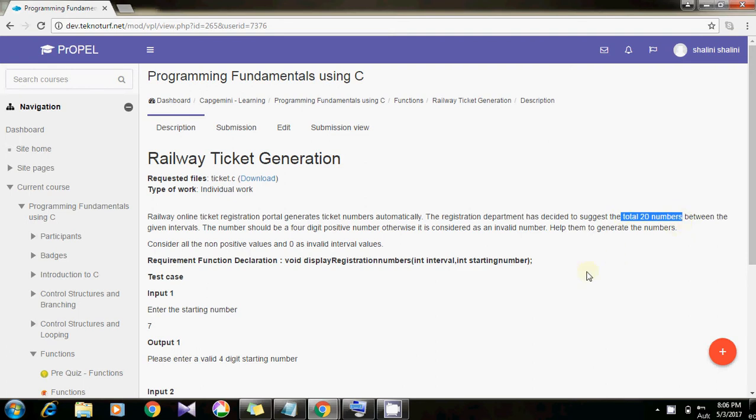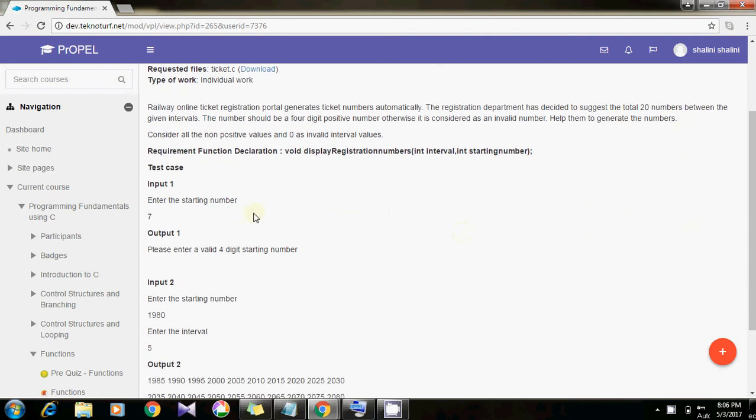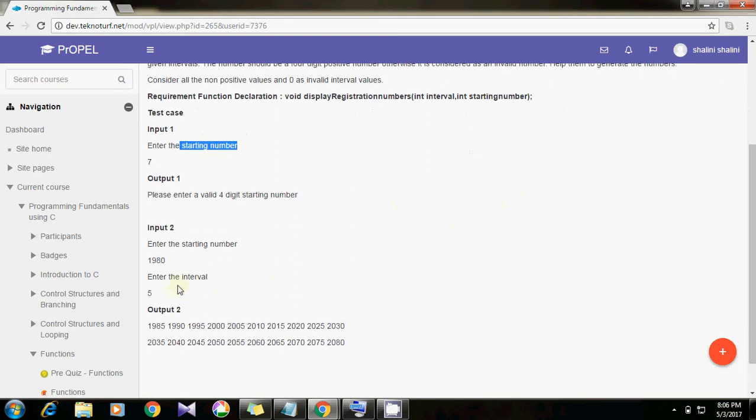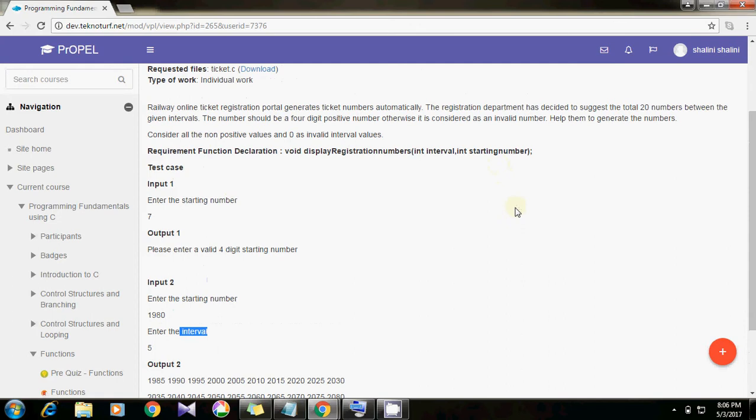So how are we going to generate these 20 tickets? We basically require two inputs from the user. One input is a starting number and the other input is your interval. There are certain conditions to be followed while getting the starting number and the interval values from the user. The first condition is that the starting number should be a 4-digit positive number, otherwise it is considered an invalid number. So you should make sure that the user enters only a 4-digit positive number as a value